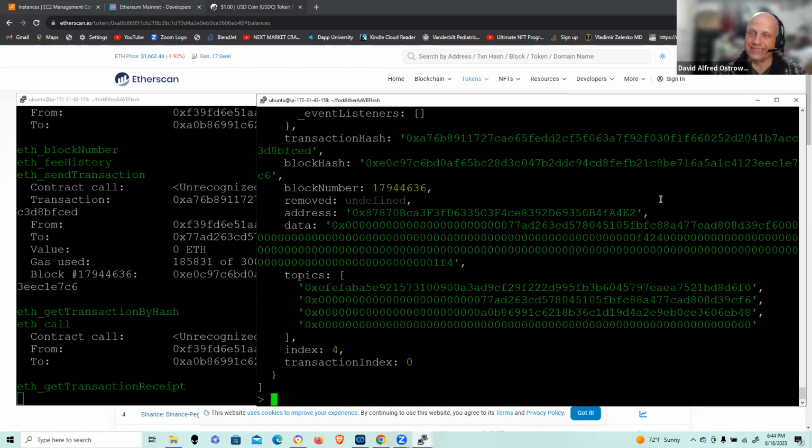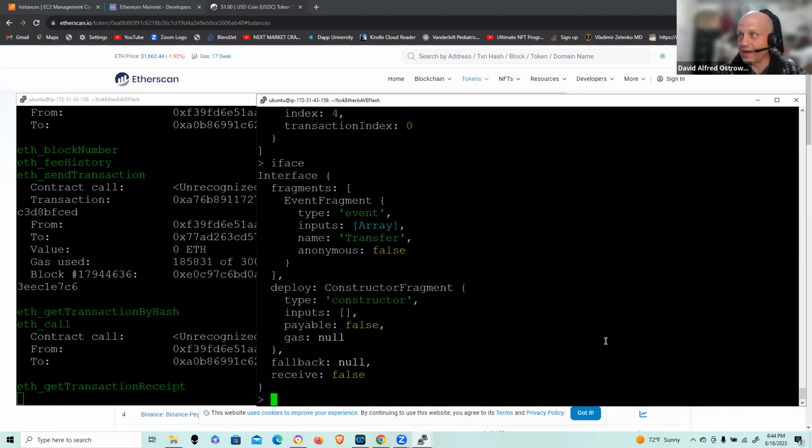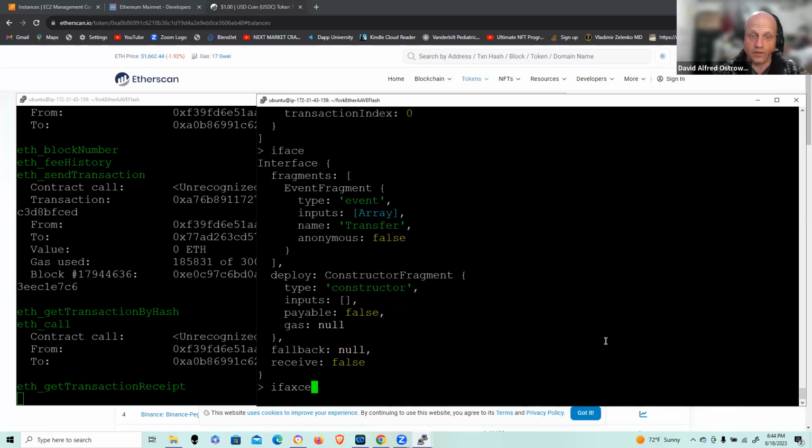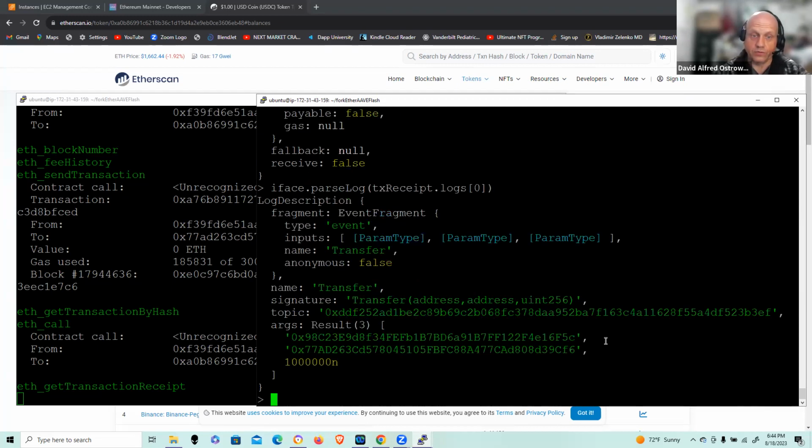Again, I'm only interested in looking at the transfer operations, but I can step through the logs and convert them as I go through. And it's not a lot of information. Instead of just building a whole application around this, I can take the interface that's defined, and from the interface, I can invoke the Ethers library parse log, and I can take that transaction receipt logs, and I can just step through. Okay, and the first one is, lo and behold, I have the 2 addresses and the amount in